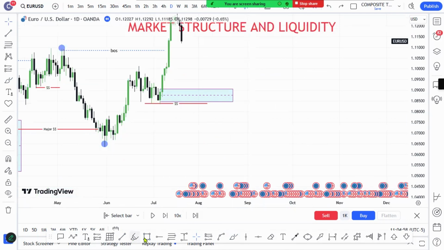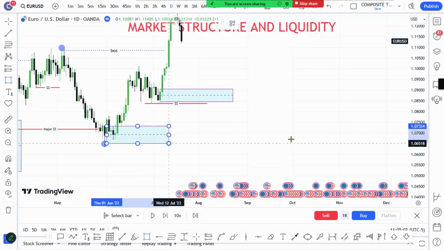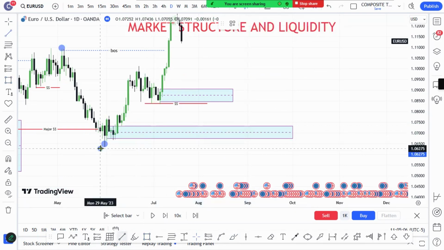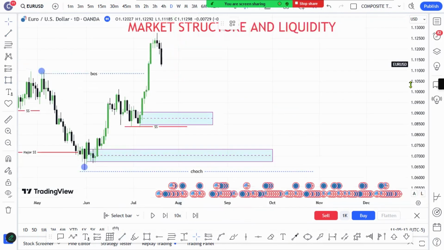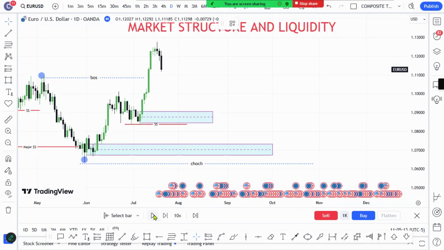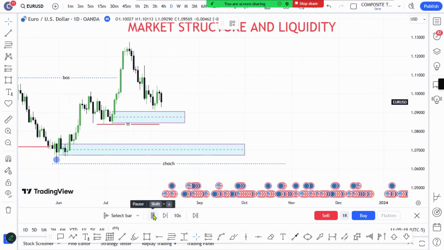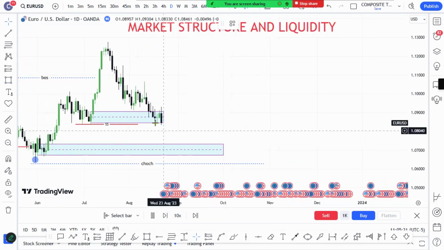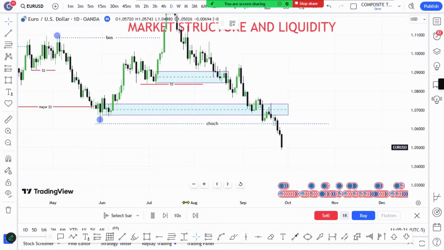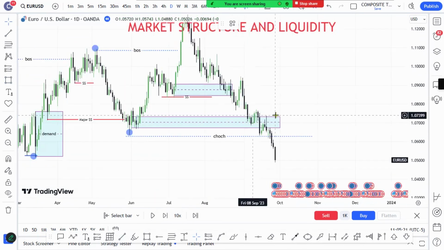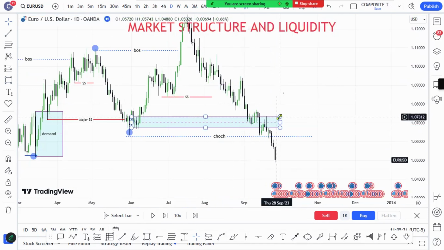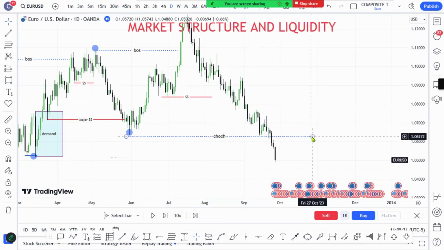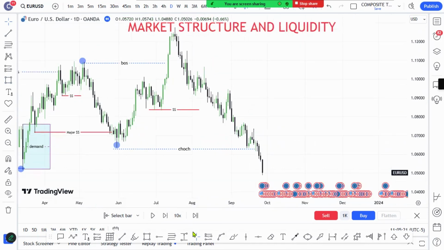For example, your first point of interest should be around this zone here. But again, always be careful that if the market wants to go to the downside, it has to break that structure and you get a change of character. So let's see what is here. And you see, it taps on that level, tries to react and goes to the downside. Whenever you have a zone like this, it means the market is now bearish and you prepare to start looking for sell positions. Look at this. This is now your valid change of character. And this is your high.